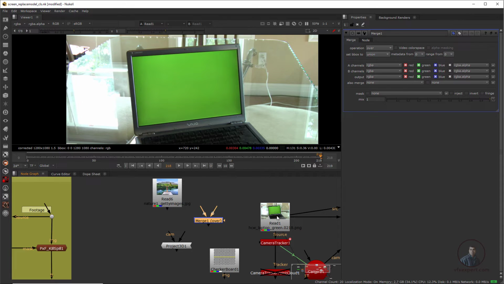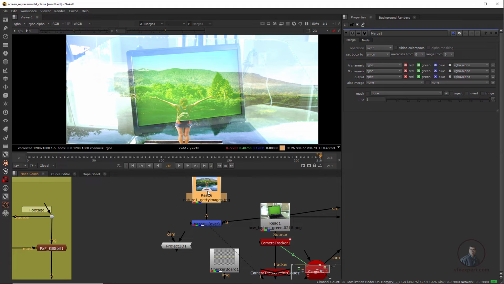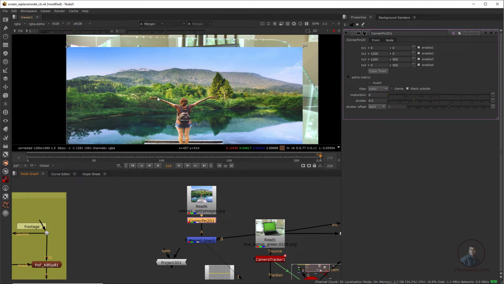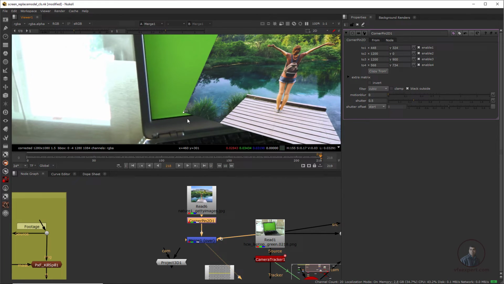And temporarily I am going to use this background here. So just this will be the background and these screens will be the foreground. Now select this one, press 1, then select the screens which you want to place here, then press tab and just type a corner pin node. So easily we can create our perspective according to this monitor here.